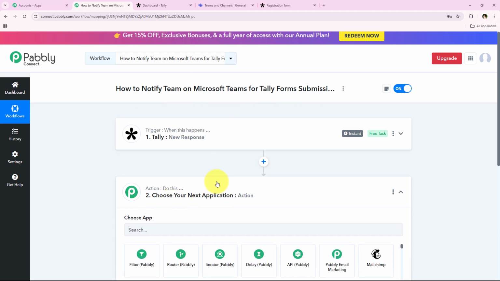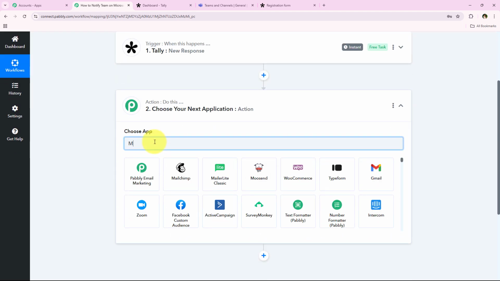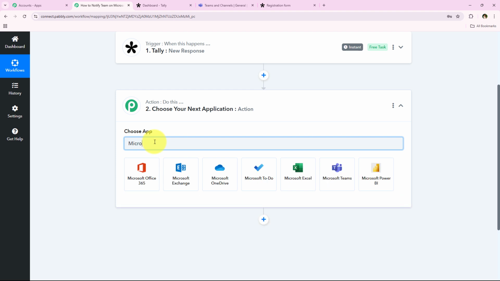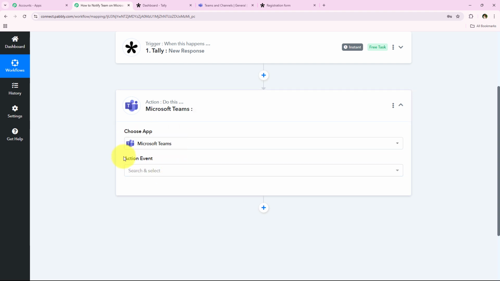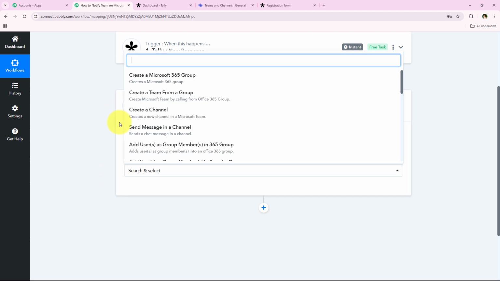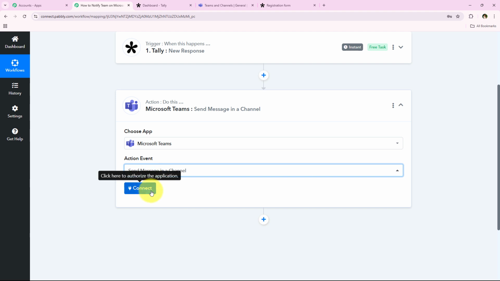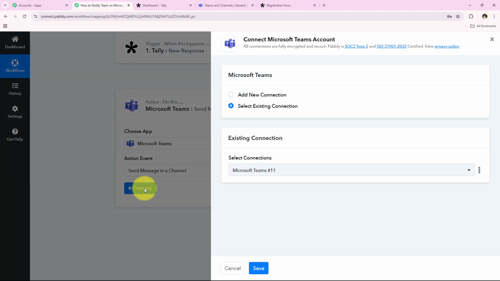right? So for the action application, I'm going to select Microsoft Teams. I'm going to search for Microsoft Teams right over here, and as you can see, Microsoft Teams, so I'm going to select it. After selecting the action application, it is asking me for the action event. For my action event, I'm going to select send message in channel because I want to send a message. Then we're going to click on connect,